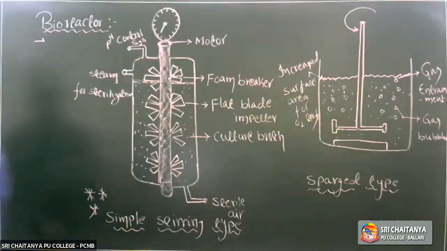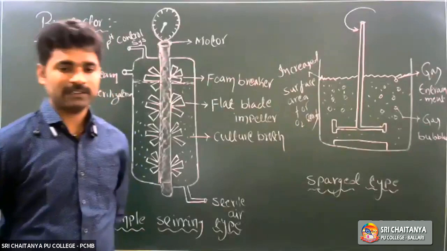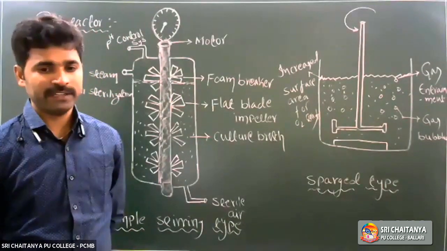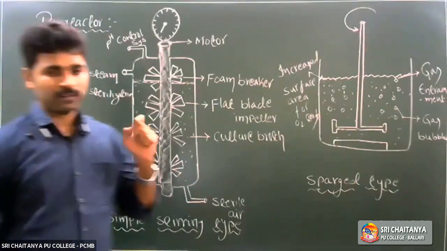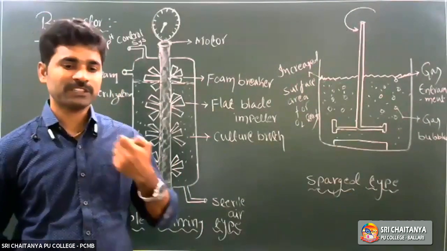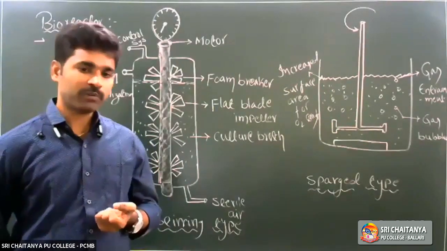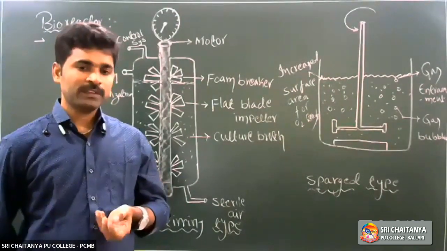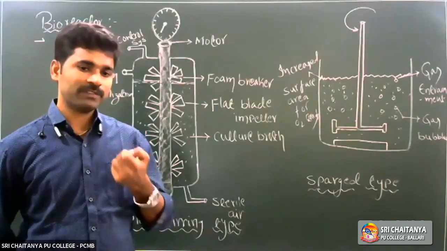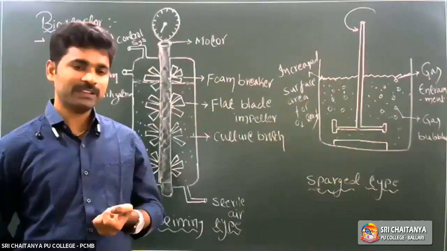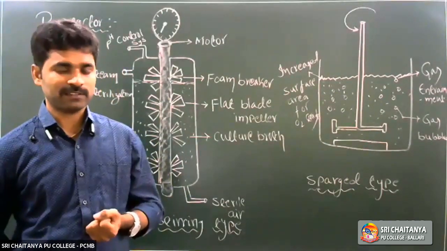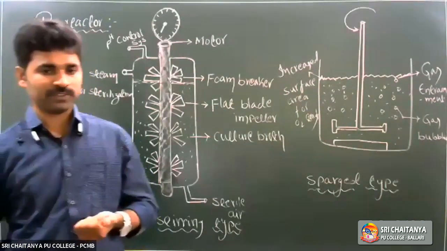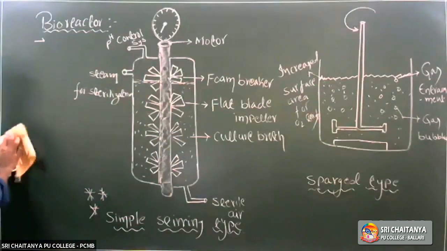Right. So now come to another step, that is downstream processing. The last one in the process of rDNA technology is downstream processing. So what is the use of downstream processing? It is for the separation of the desirable or required product from the bacterial cells. After synthesis of the desirable product in bacteria by the desirable gene, how will we isolate that desirable product from the bacterial cells? By using downstream processing. What is downstream processing? We'll see.